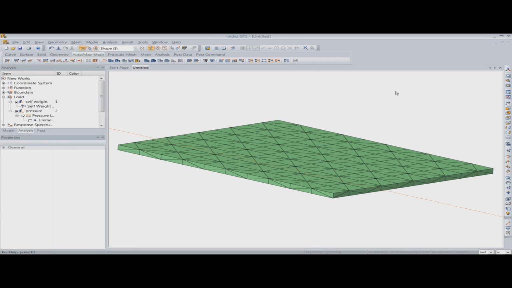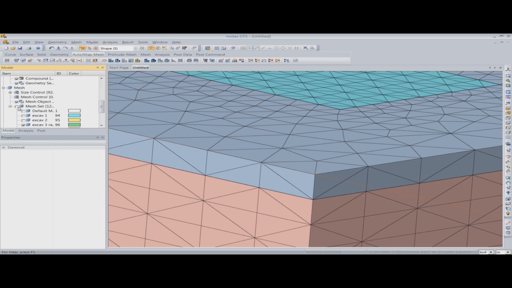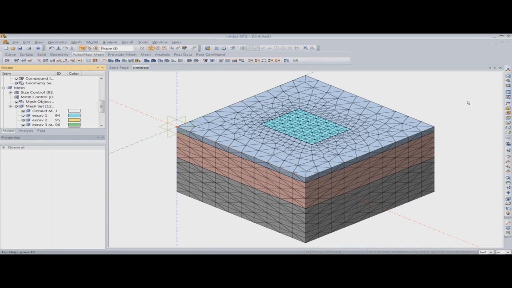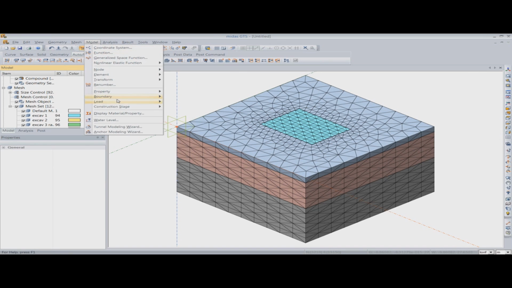Now I'll give you a very brief idea on how construction stages can be modeled in Midas GTS. The next training that we have for Midas GTS, after 2 weeks, will deal with the construction stage analysis and seepage analysis, and also the slope stability analysis in construction stage analysis. So I'll take into details how you can model the construction stages in that training, but here I'll just give you a very brief idea of how you can model the construction stages.